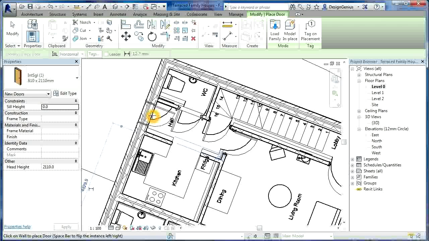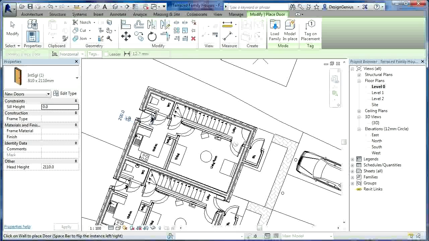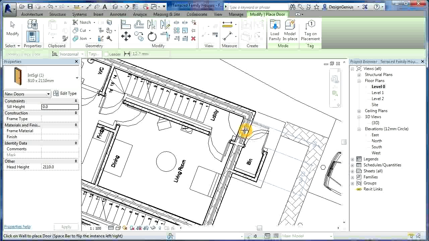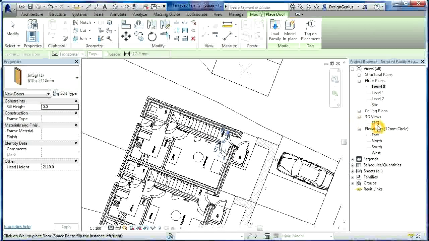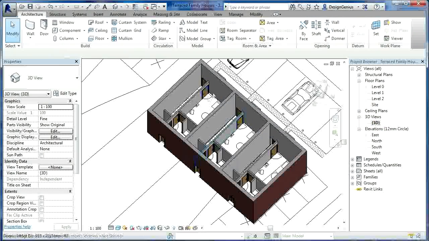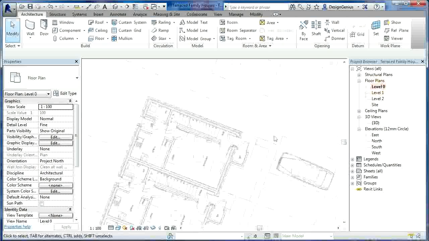Another way to do it is once you put the cursor on the wall, just press the space bar. Keep pressing the space bar until it's in the right direction. That's another way to do the same. Like there, and then I'll click on that. That brings it in. Okay, I'll quickly look at the 3D again. The doors are there on the outside. The internal doors are in. So if I go back to my level 0,